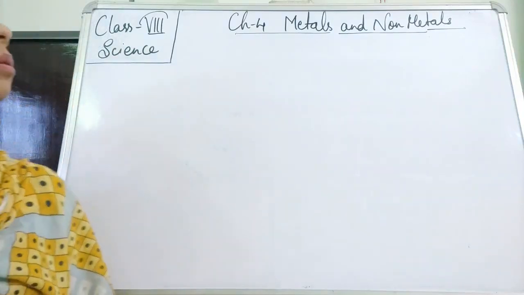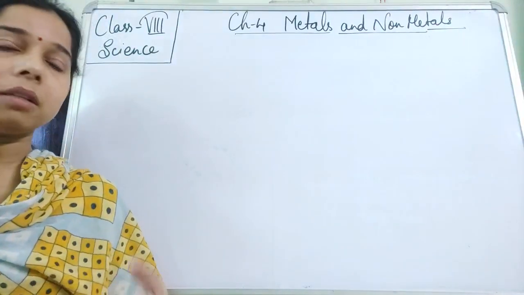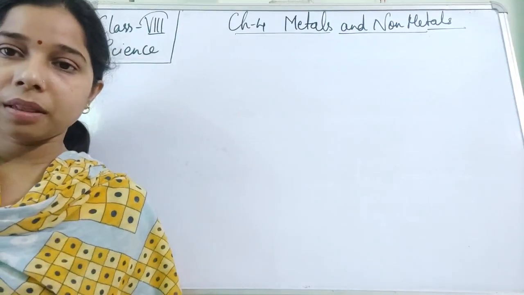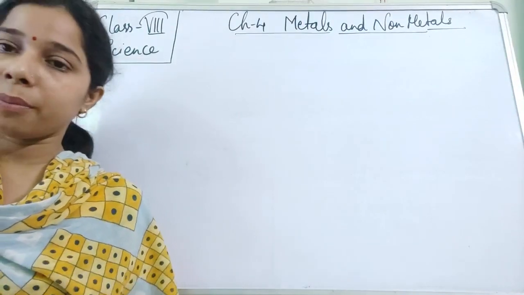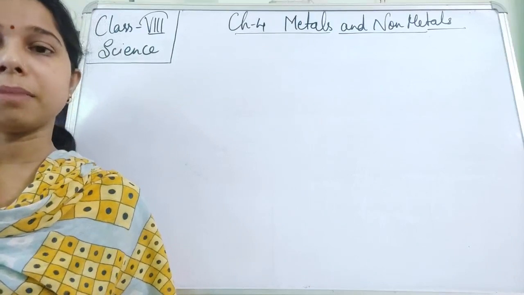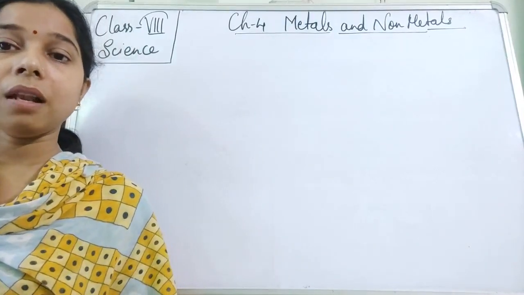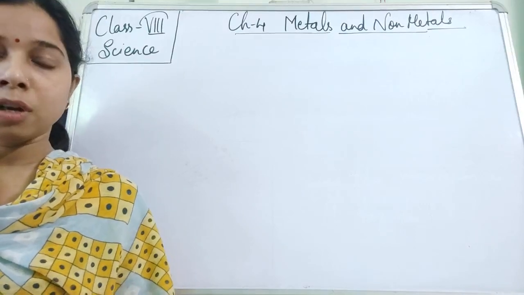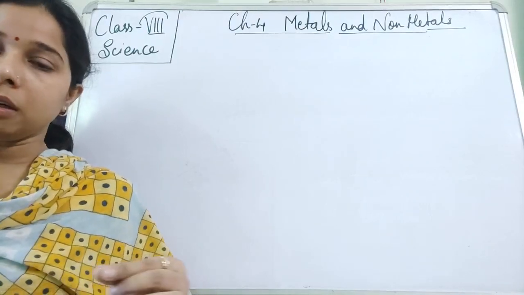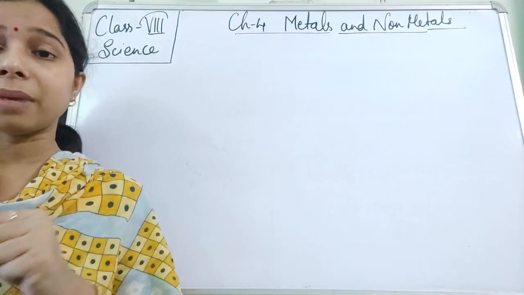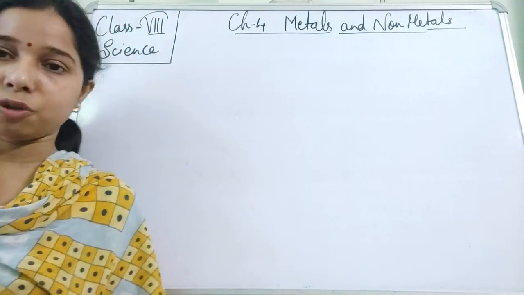So when we talk about the reaction of the metals with oxygen, we have seen that when oxygen reacts with the metal, there is a formation of a metal oxide, and when this metal oxide reacts with water, it will form metal hydroxide. So this is how the metal forms the hydroxide with the help of the metal oxide. Now this metal hydroxide is what? It is basic in nature.